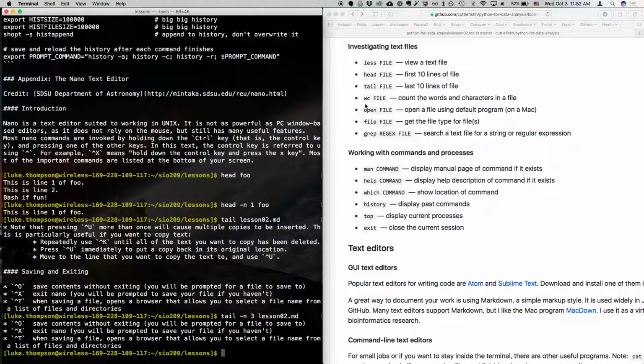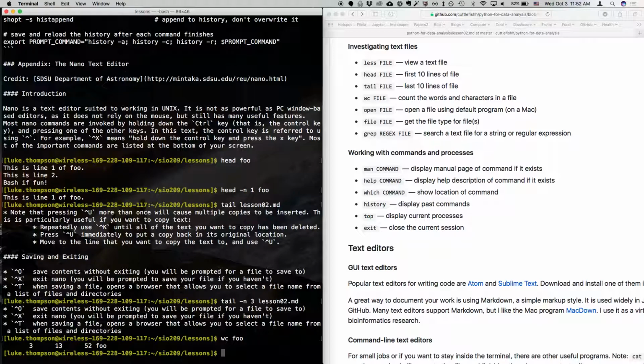Okay, there's a command called WC, or word count. That's really handy. So you can type WC foo, and this will give us the number of lines, words, and characters in that file foo. So if we did,